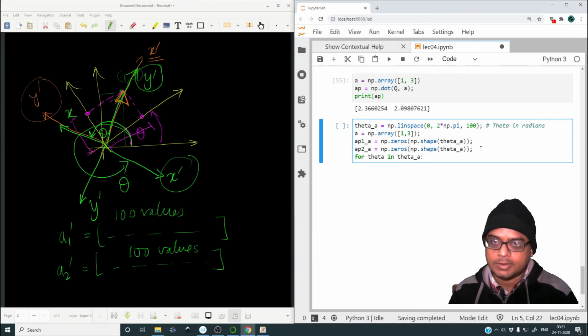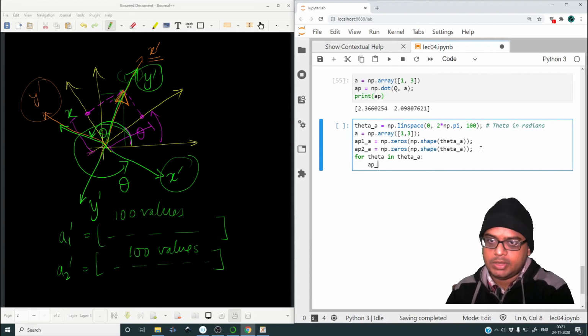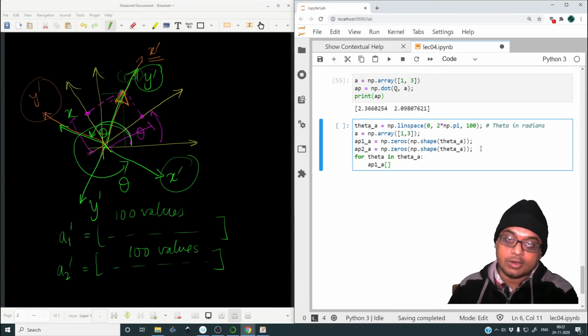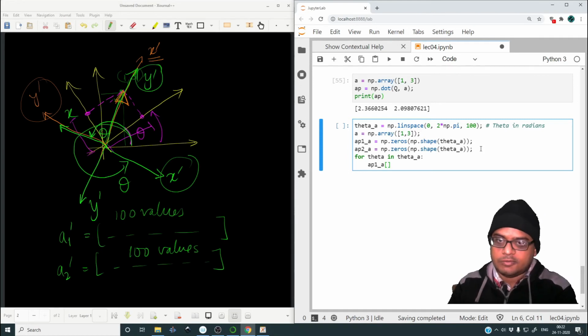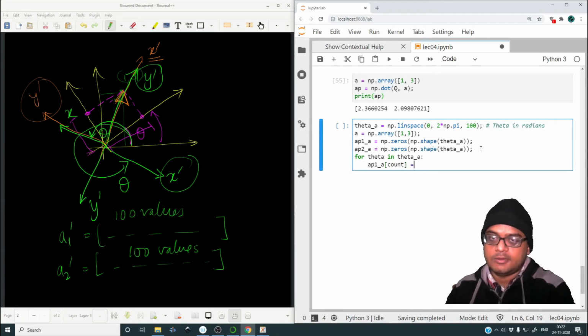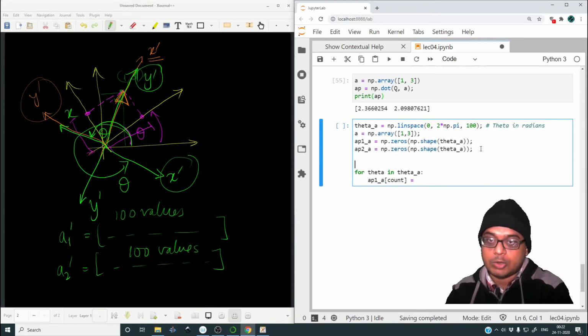All right, and now we have to create a counter as well, because for the first loop it has to have a value of ap1 0, then 1, 2, 3, 4, and so on till 99. So this will be count, where I have to first define count outside the loop as 0. So ap1 count is equal to